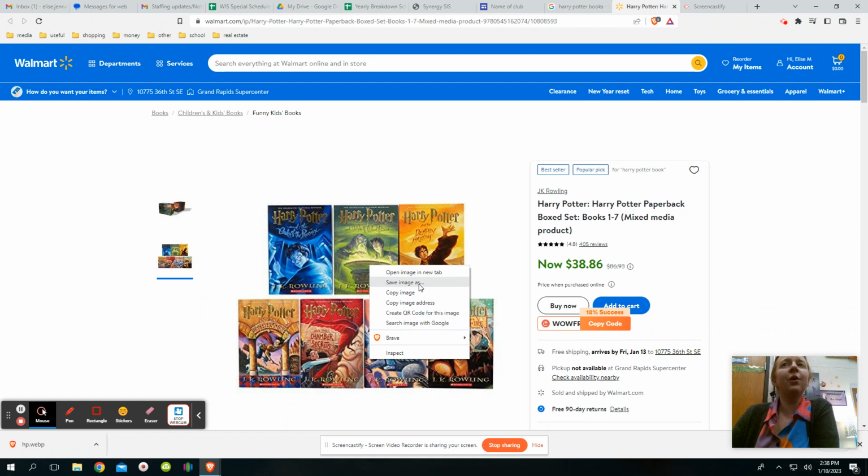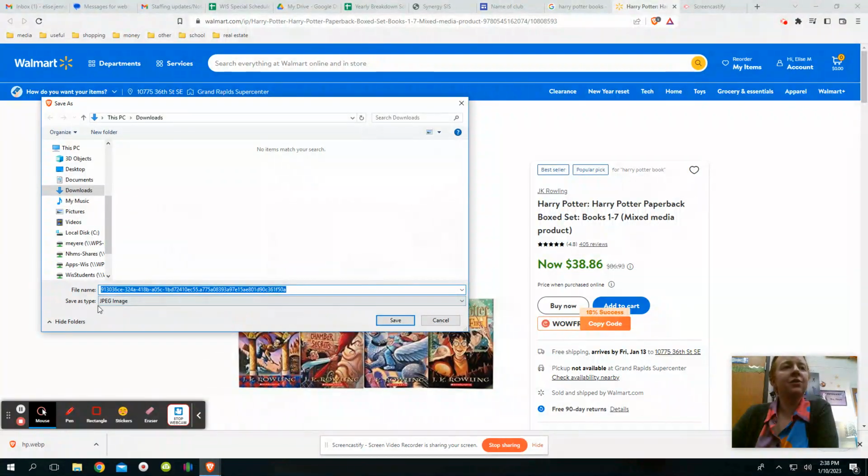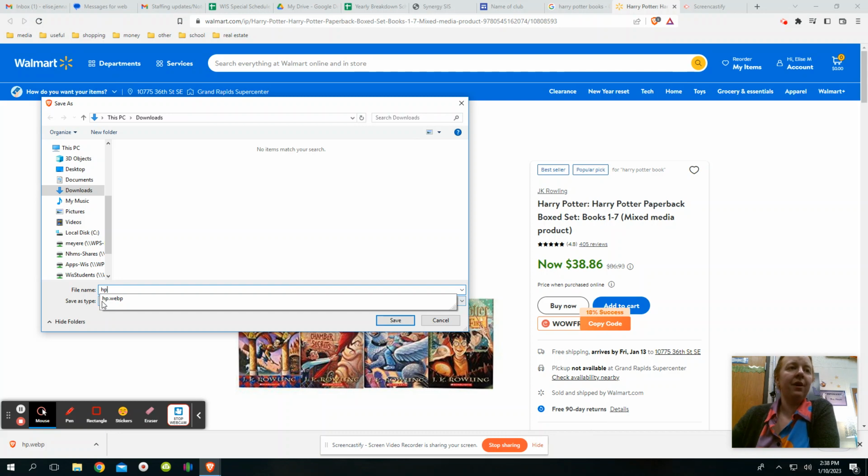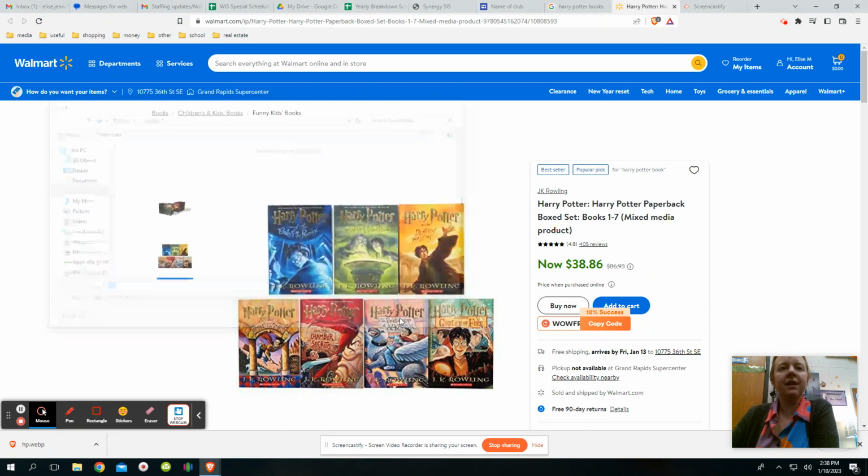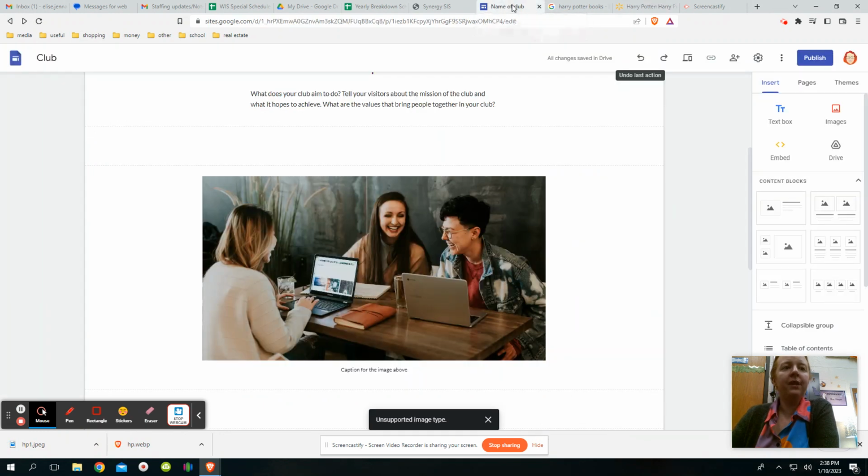So you'll most likely have to open it up from Google Photos and do save image as, because you need it to save as a JPEG. So I can change the name if I want to and push save. So again, there it is going into my downloads. Save. I'll go back to my web page, and now I can click on it once, click on it again,